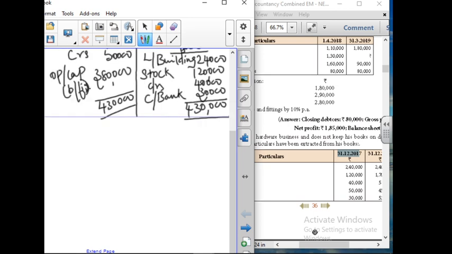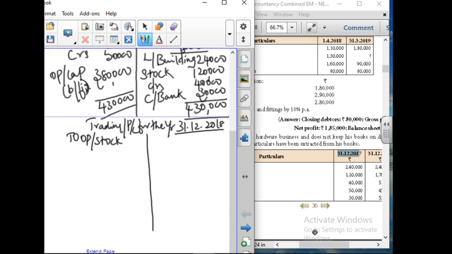Next, we'll move on for the trading and profit and loss account preparation. So, trading and profit and loss for the year, we have to write the end of the year only. It is 31/12/2018. You have to be more careful in writing the dates. So we'll start with the debit side. To opening stock. Opening stock amounted to 1,25,000. And to purchases. Here they have given that we have the